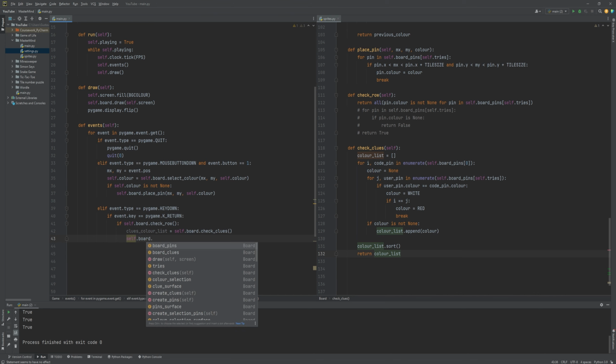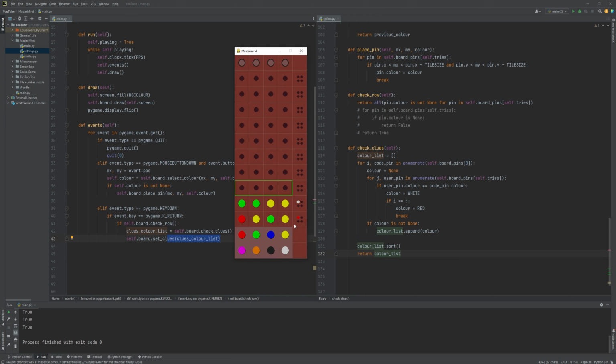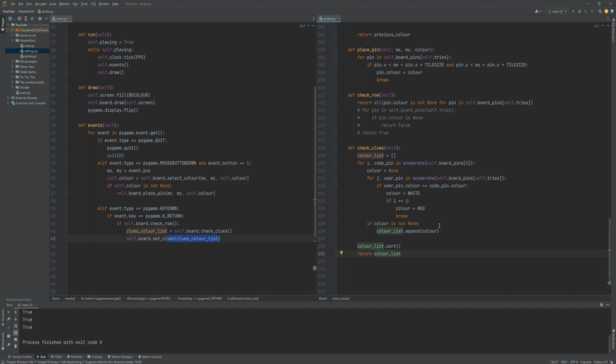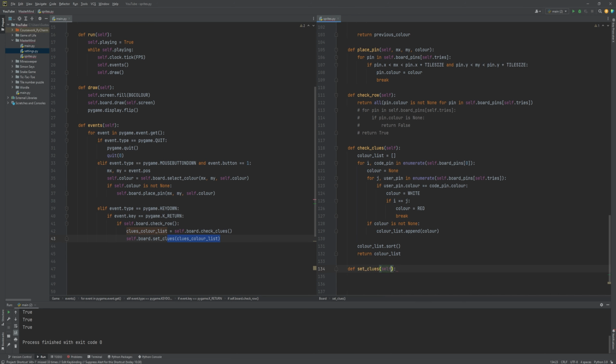So here we're gonna call self.boards.setClues. That's gonna be a function that we're gonna create now. And we're gonna pass in that color list, okay? So this is to actually set those clues in here, okay? This function is gonna be very small. We just define this set clues. It takes a color list, and then we're gonna do for color and pin in zip color list self.board clues